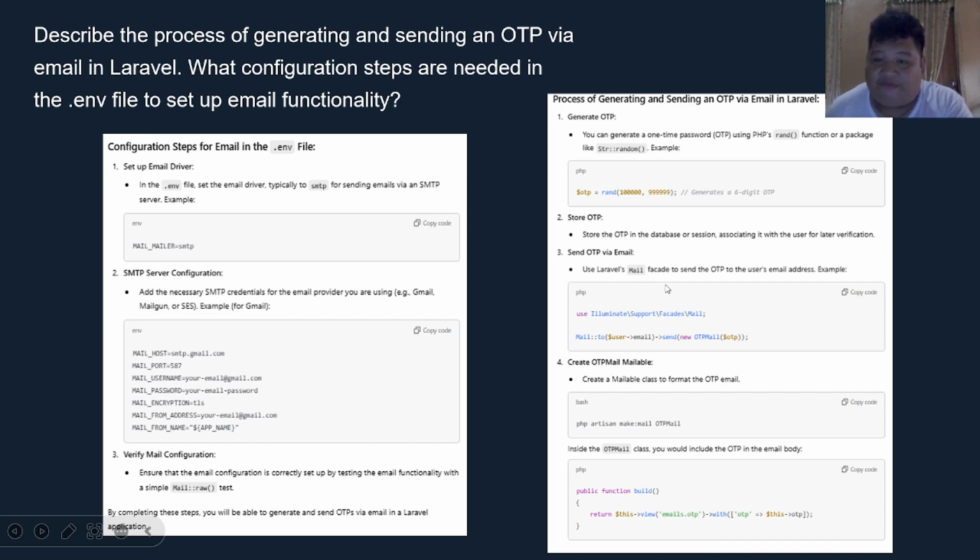Use the Laravel Mail facade to send the OTP to the user's email address. Example, Mail::to the user's email, send new OTP mail. Create the OTP mail mailable. Create a mailable class to format the OTP email, like php artisan make:mail OTPEmail. Then inside the OTP email, put this code. Public function build, this view email.otp with